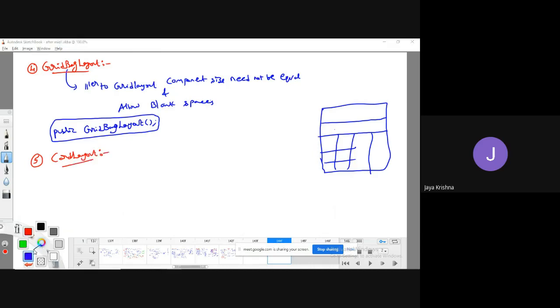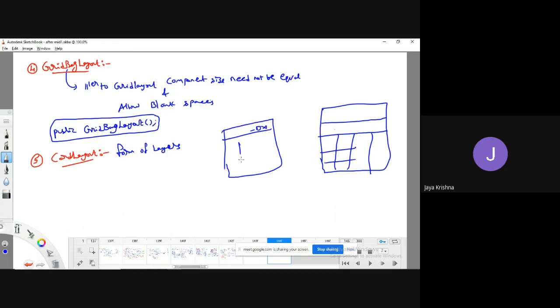Card layout. This card layout is going to arrange all the components in the form of layers. How are the layers going to be arranged? For example, let us take this as a kind of frame container.